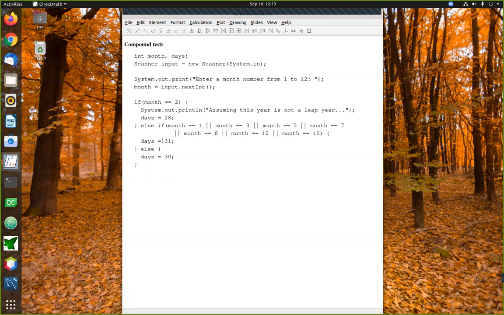After that special case, there are two broad possibilities. Either the month has 31 days or it has 30 days. There's a whole series of months that have 31 days, and a whole series of months that have 30 days instead. The only way to determine if a month has 31 days is to simply write out all the possibilities. All the months that have 31 days are January, March, May, July, August, September, and December.